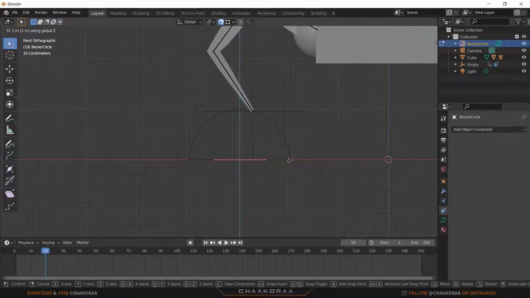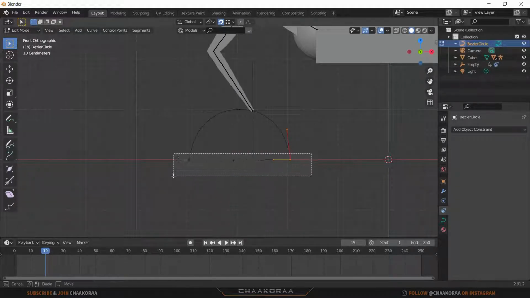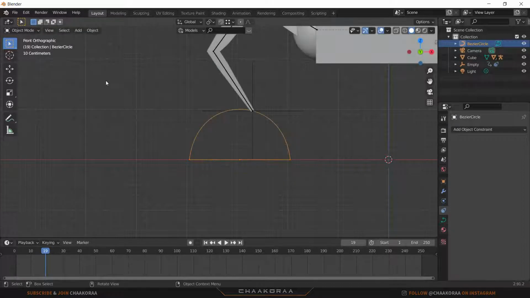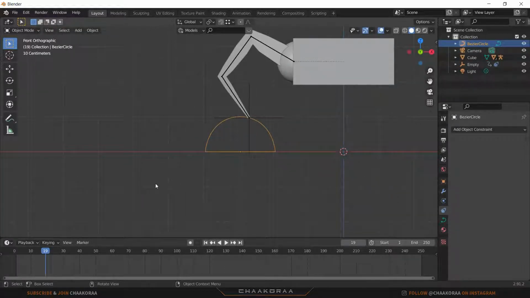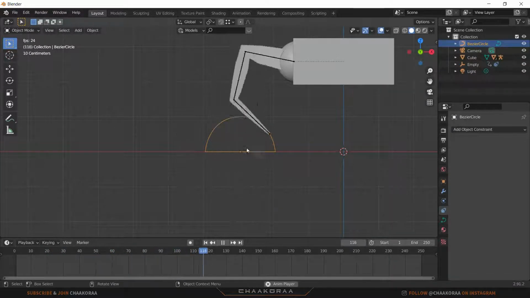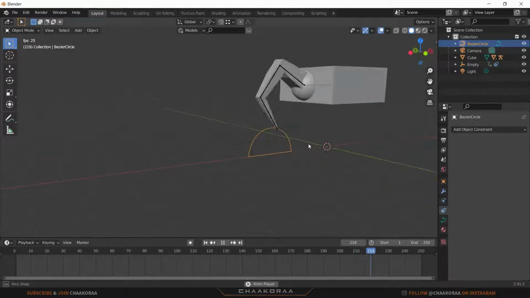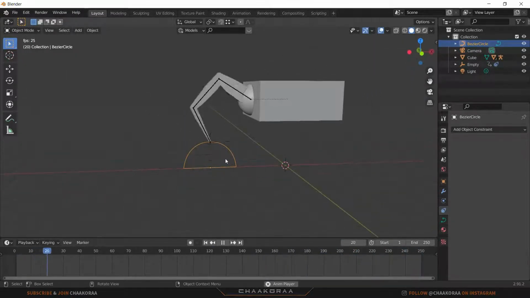And if you come here, it will snap to our vertices here, and that's a very precise way to do it. So let's disable this snap button and press Tab to go to edit mode. If you click play or press space, your animation will start, and it's following this path. It's not a circle, it looks more like a walk, and that's amazing for our